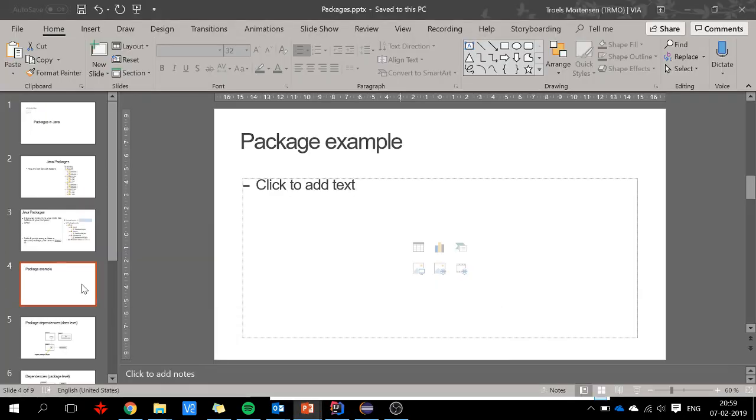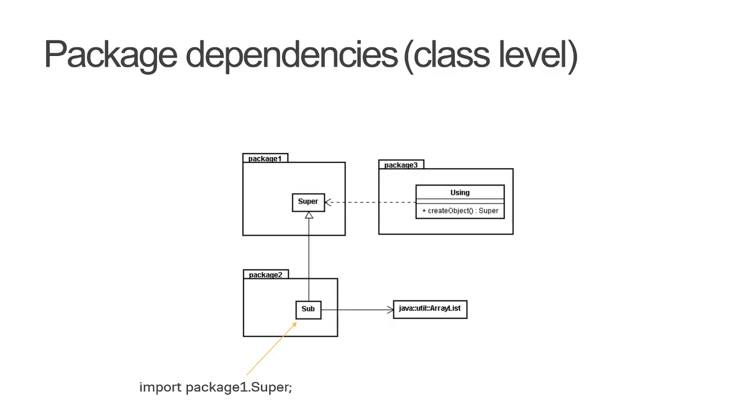Okay, so next part here is that sometimes you have a class. This is a class here in one package, and this class may be using the array list. You will see that it's called java.util.ArrayList, and it is also extending the class called Super here in package 1, and here we have a class called Using that uses the Super class here in package 3. So whenever you have one class that somehow should know about another class in another package, you have to